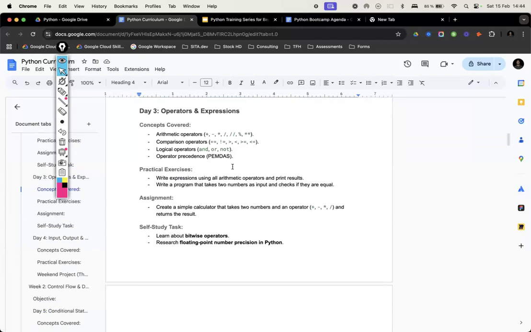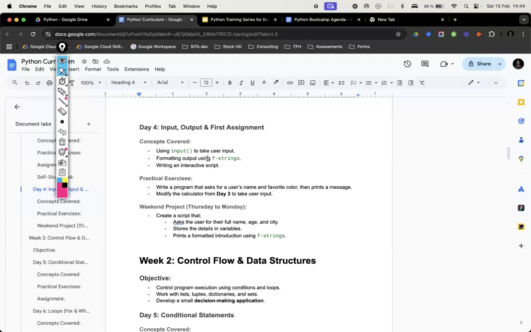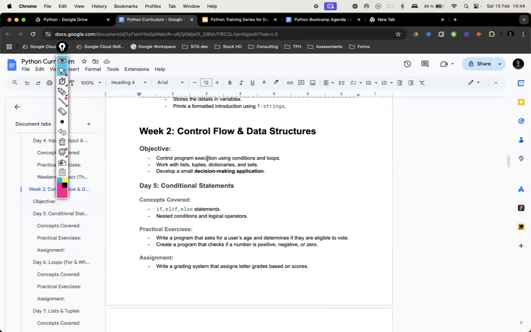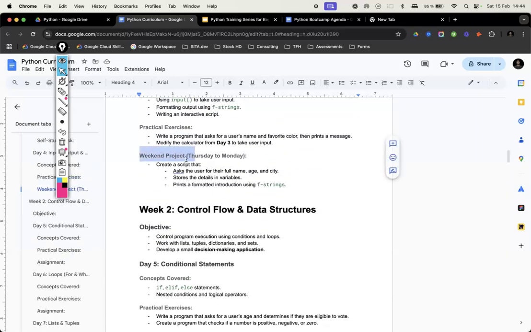As I said, this is all the math you need for learning any programming language, not just Python, but any programming language. This is day 3. And day 4, you will learn how to take input from the system and a little bit of an introduction to the system. That concludes week 1. Then Friday, Saturday, Sunday will not have any sessions, so you will get some weekend tasks which you can do. It won't take much time. Daily 1 to 2 hours is more than enough to learn.